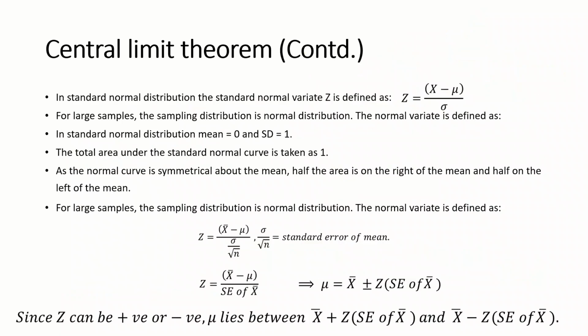So in standard normal distribution, the standard normal variate z is defined as z equal to x minus mu by sigma. So x is the value that we'll see from how far it is from the mean. So we will see the use cases here. So this is the curve, and we have mu here, and we want to see the value here, which is x actually.